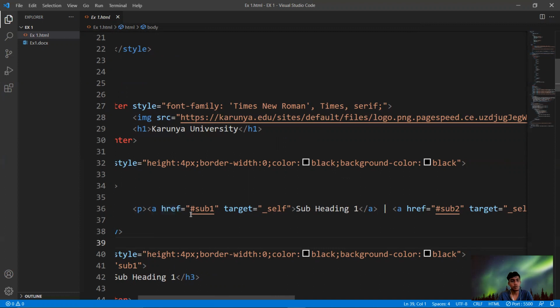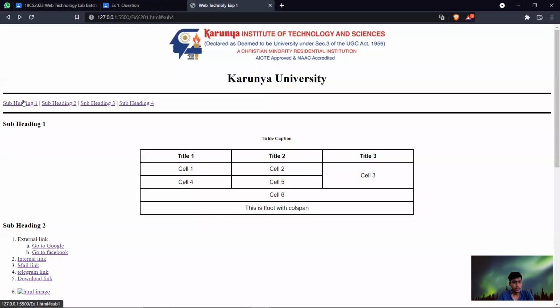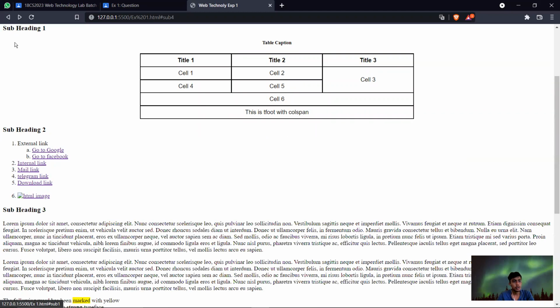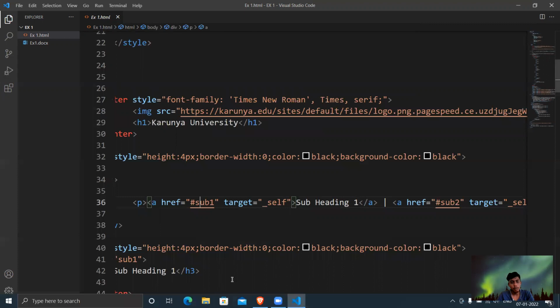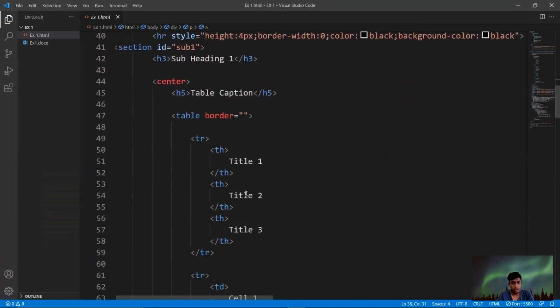So it is used to provide a hyperlink. That is inner navigation link also we need to provide here. So this was the sub name. This is the ID name here given. For example, if you click subheading 1, it goes to the subheading 1 content provider. So subheading 1 content I have been provided down. So I'm going to that part.